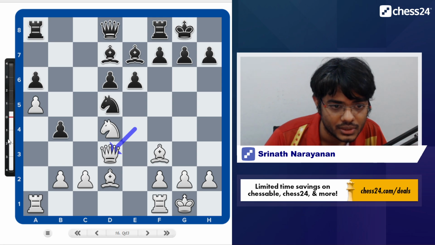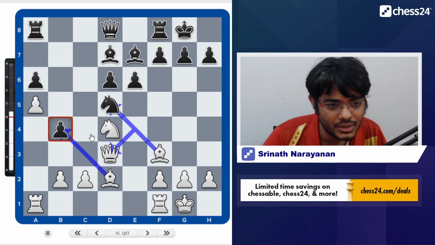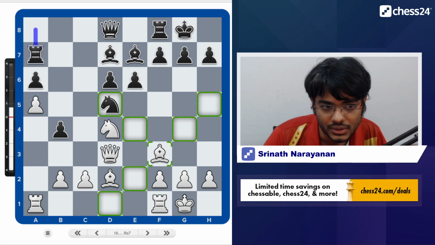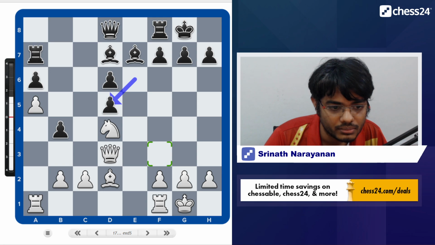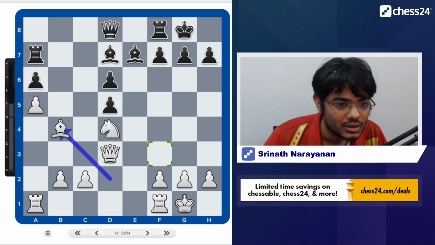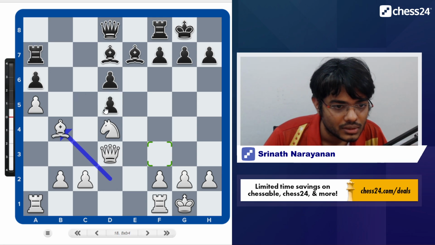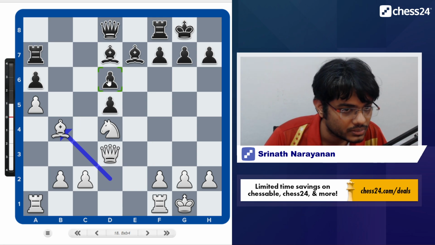White's very deep idea. The immediate threat is to just take bishop into d5 and then capture bishop b4, taking the b4 pawn which is undefended. And allowing this wouldn't be in black's best interest because, for example, if black plays rook a7, trying to release the rook from the pin, after bishop d5, ed5, bishop into b4, white has regained the pawn, but he has much better pawn structure.